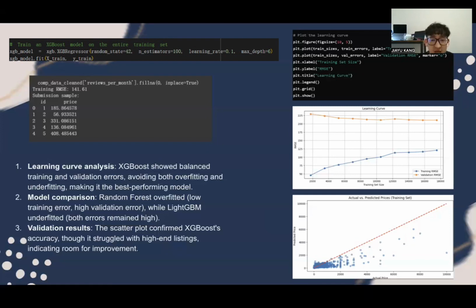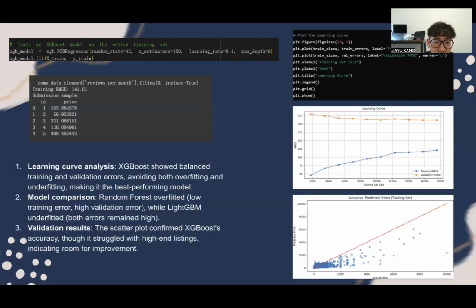XGBoost has the most balanced learning curve, with training and validation errors that were close to each other while remaining relatively low. This indicated that XGBoost was neither underfitting nor overfitting,